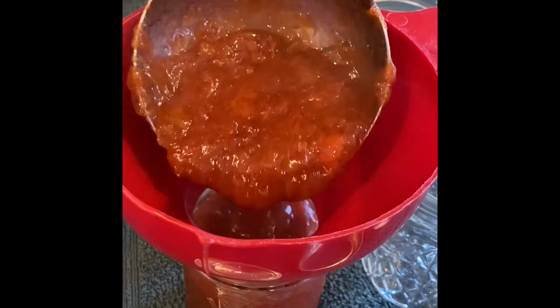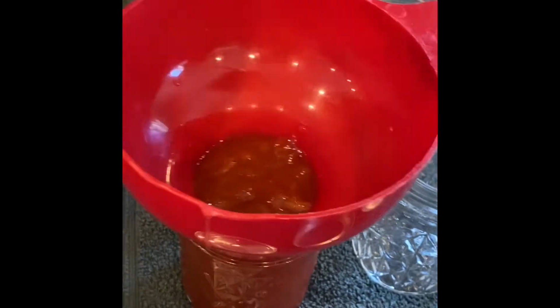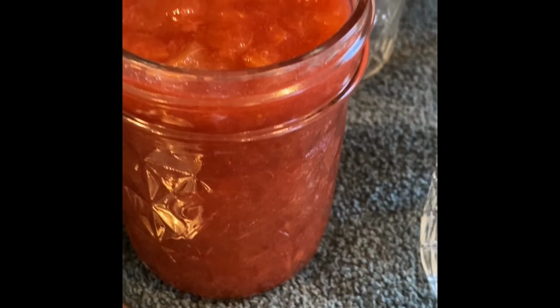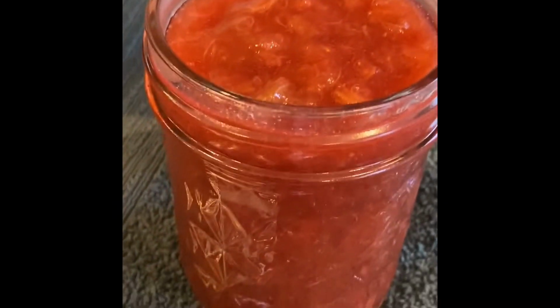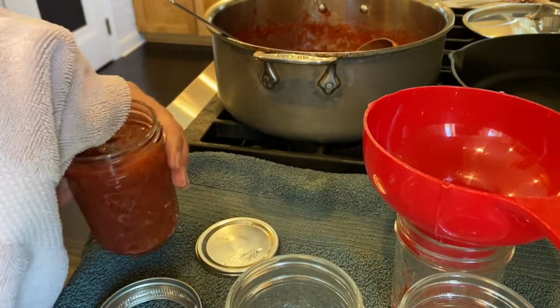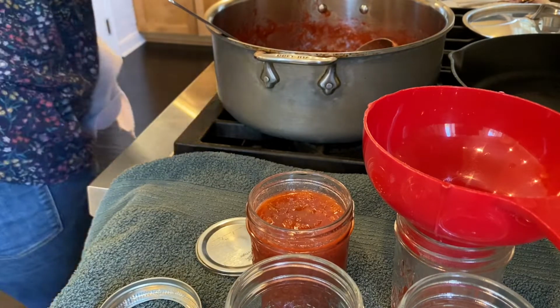And then ladle your jam into one of your jelly jars. And you'll want to fill it up almost to the top, leaving a little bit of room. And now remove your funnel. If you've added too much jam, simply just take a little bit off the top and add it to the next jar. Make sure to wipe the top of your jar and then your lid,